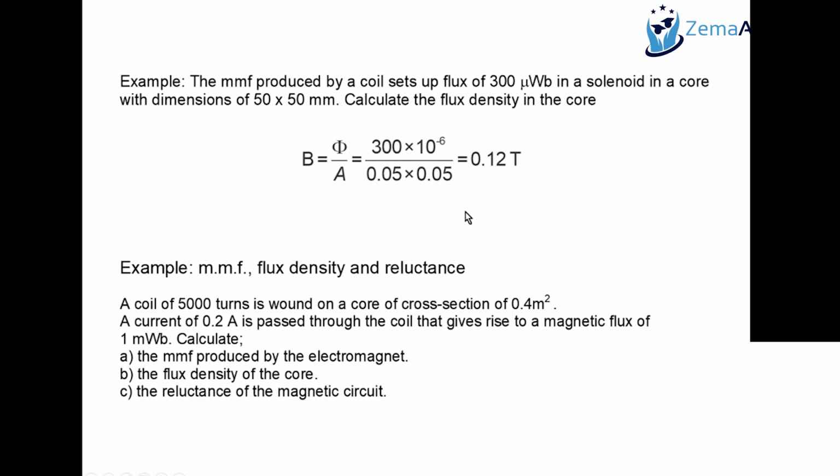Another example question that we have is related to combining the formulas or the methods of MMF, magnetic flux density, and the reluctance. So a coil of 5,000 turns is wound on a core of a cross section